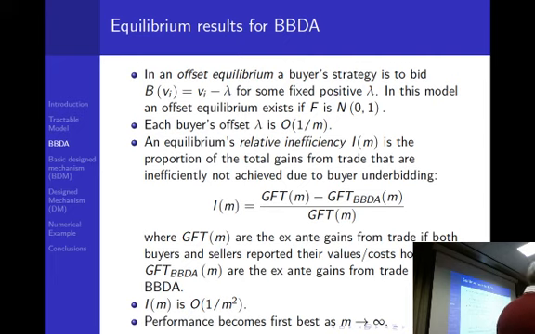Well, lambda goes down linearly, and then the relative inefficiency goes down quadratically. Now, what do I mean by relative inefficiency? Suppose everybody, counterfactually, reveals their true values. Then we get complete efficiency, true values and costs, and that'll give a certain ex-ante gains from trade. But of course, buyers do not do that. They underbid. That causes certain trades not to be realized, and so we get smaller gains from trade. So gains from trade first best minus gains from trade equilibrium,